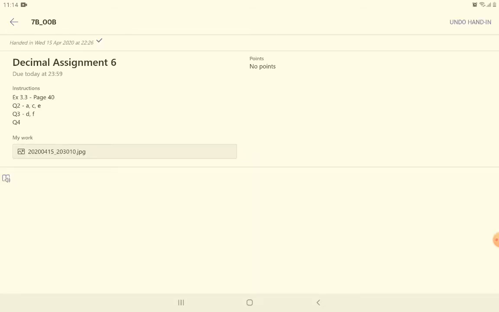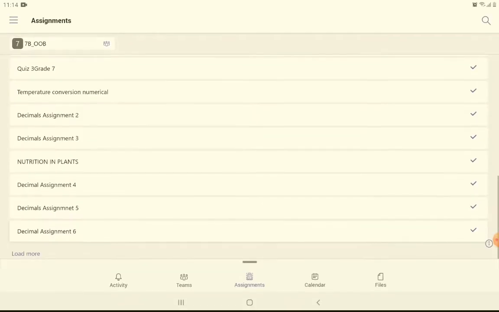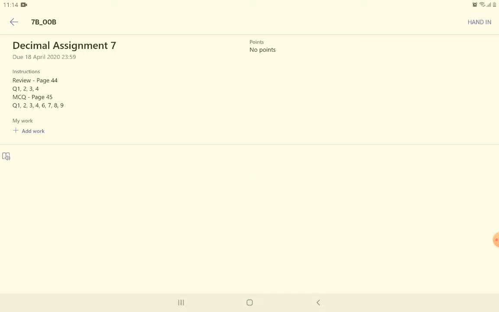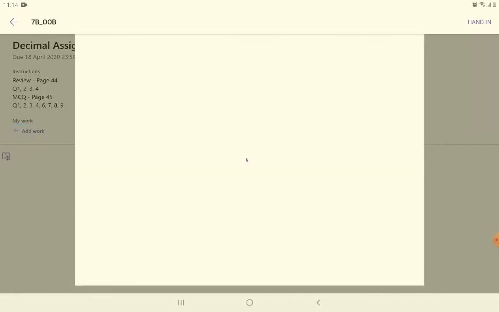It's coming. Okay, as I told, go to decimal assignment 6 or any homework which has been assigned, go there, and there will be add work. I'll show you one more that I completed. This one I didn't complete, I have to do. As I told, it will take a little time. It's very easy. I opened the files and I showed the lessons. After writing these homeworks in your notebook, go to add work.